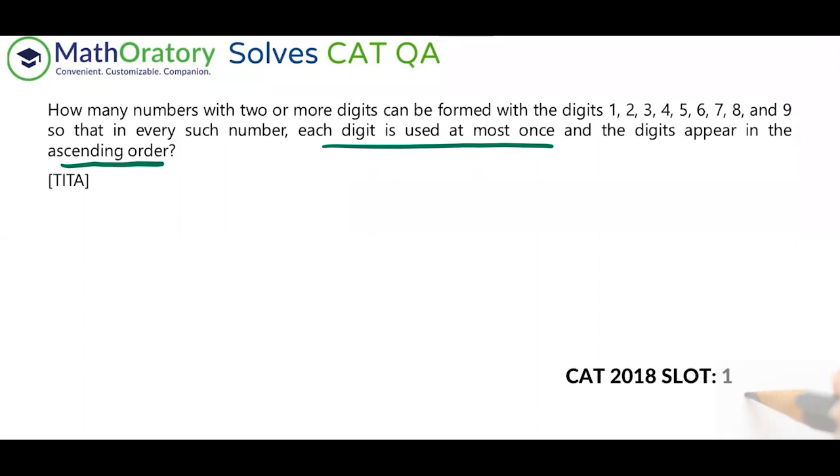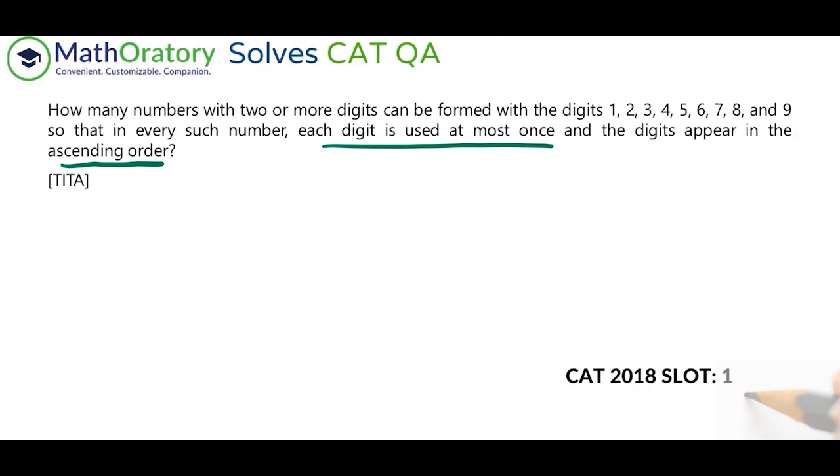You can go ahead with the cases: 2-digit numbers, 3-digit numbers, 4-digit numbers. That's absolutely fine. Then you just add them up or use some binomial ideas to get the final answer. It will take a bit of time, but that's okay. Another thing you can do in this question, but before that, you have to understand one important idea. Let me discuss that first.